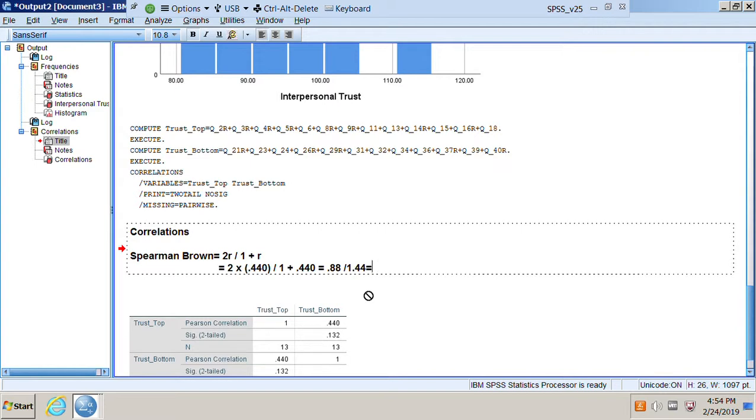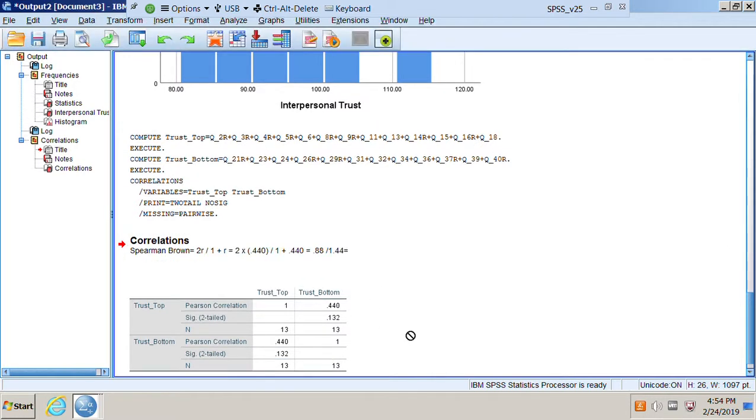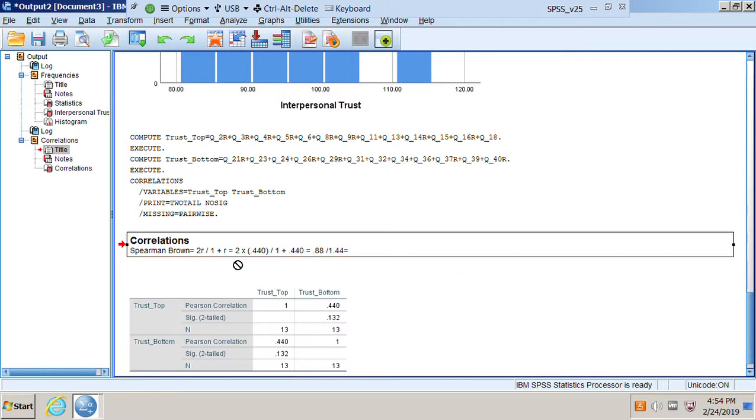Okay, so you're going to do that with the actual data set. I already know what the answer is. You will soon find out what the answer is for split half. The next type of reliability that I ask you to calculate is